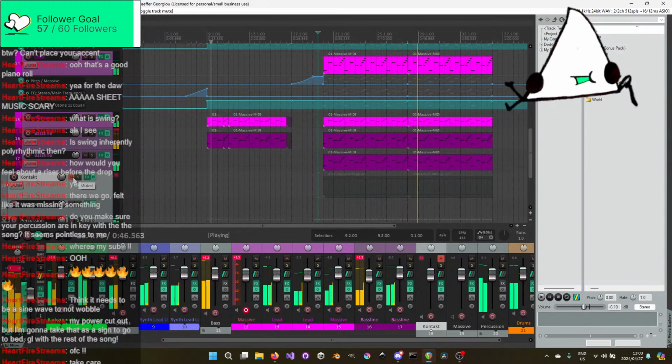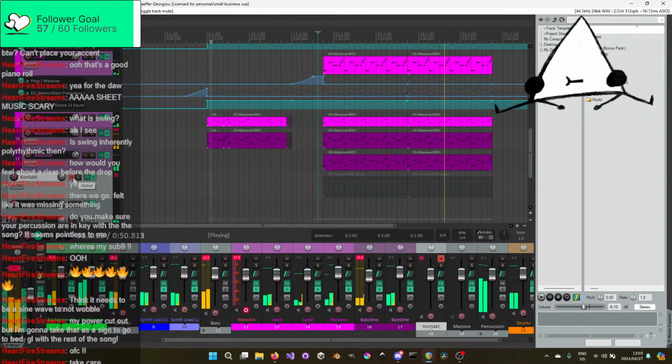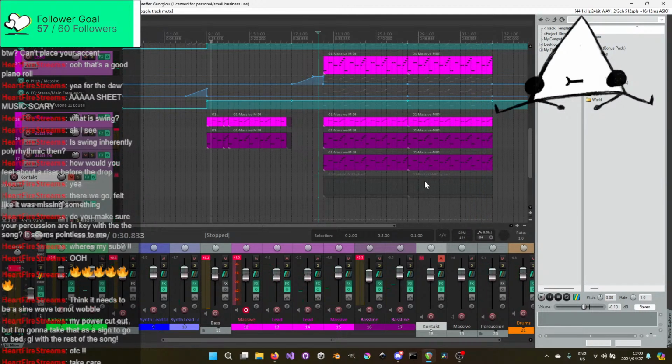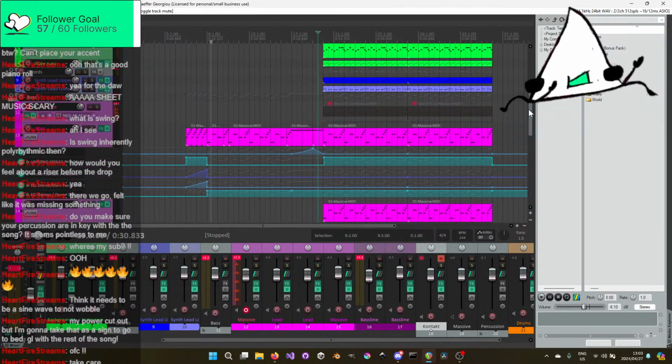It is in that region. But yeah. I also might need to just throw in some chord changes because I'm starting to get sick of this. Just slightly. But yeah, we have made progress, and that is the important thing.